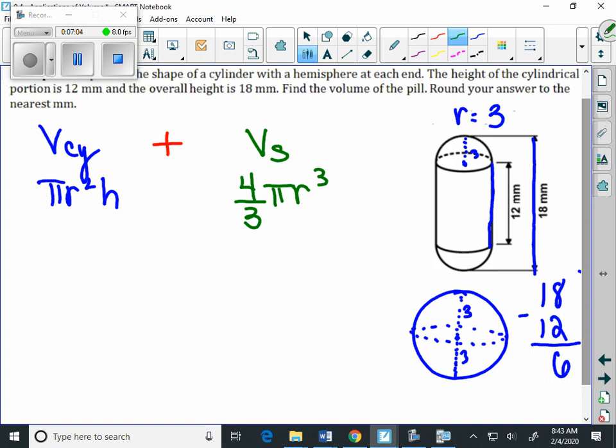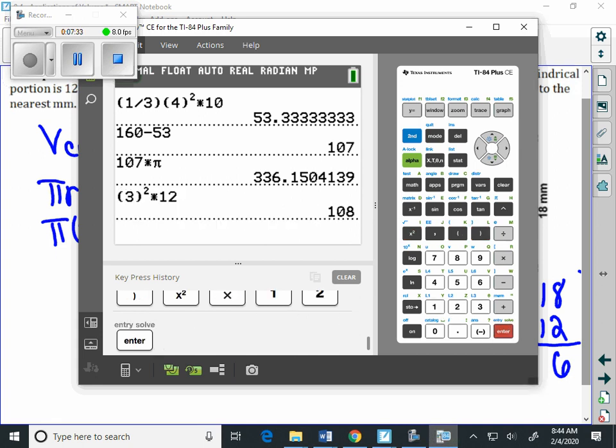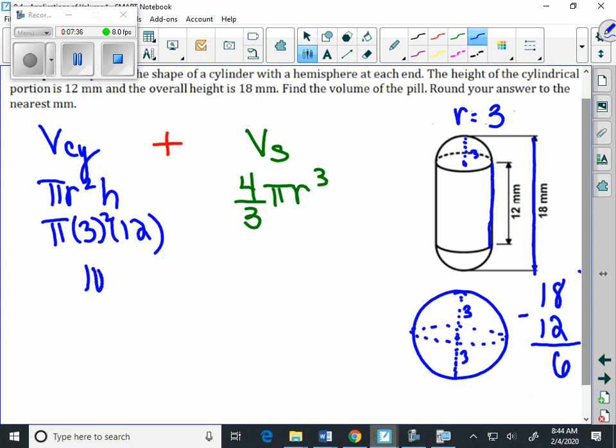Overall here then, not only is the radius of the sphere 3, but the radius of the cylinder is also 3. When we calculate this out, we get pi times 3 squared times 12. I'm going to leave the pi in here, so we get 3 squared times 12, which is 108. We get 108 pi. Eventually what we're going to be doing is adding that value to